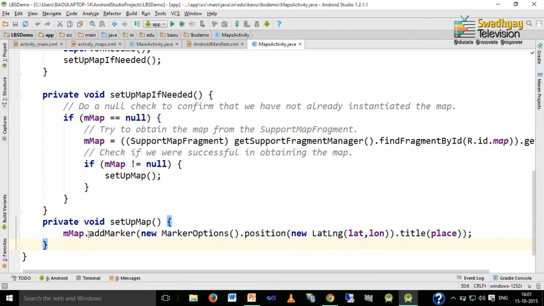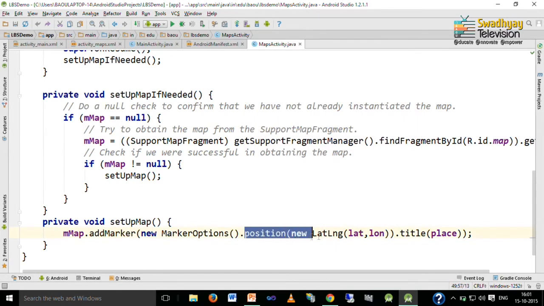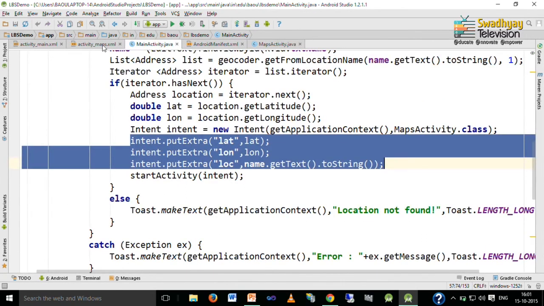It is the addMarker method, which actually adds the marker, and here we write new MarkerOptions and then we specify the marker position using the longitude and latitude received from the main activity, and we also set its title to the given place using the title method.